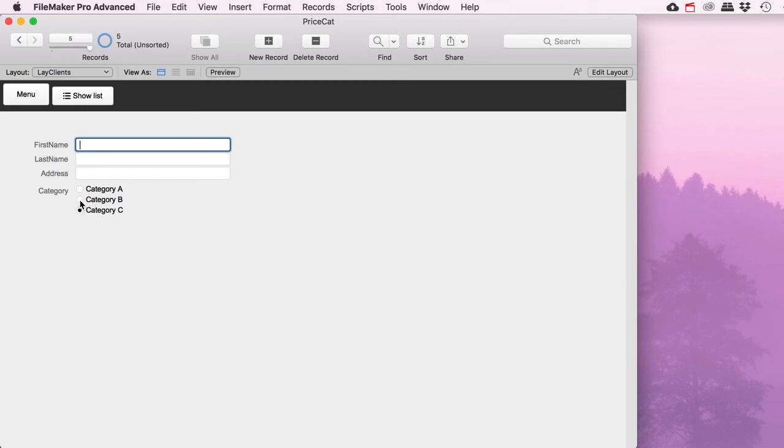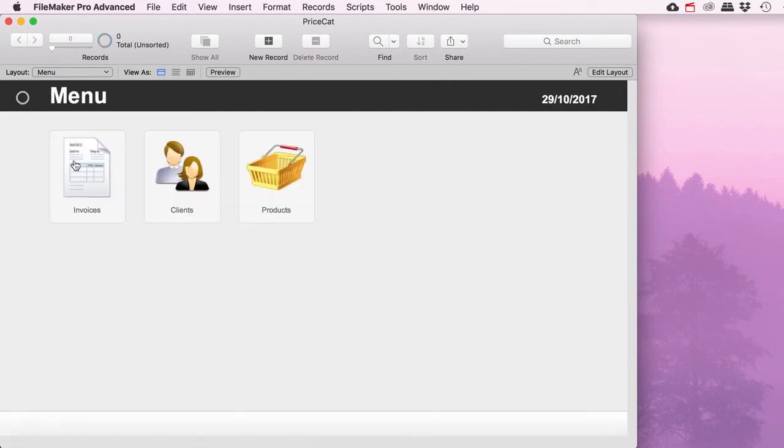And that's kind of good about these little radio buttons, is that you cannot accidentally not have a value in there. You actually could if you just hit backspace, then that value goes away, but if you don't tell people that that's how you can do that, they won't know. Okay, so I'm gonna delete this one too because I don't need it. So now I've got my 3 different clients in my categories, so that kind of takes care of both of these areas. So I've got my client in a certain price category,